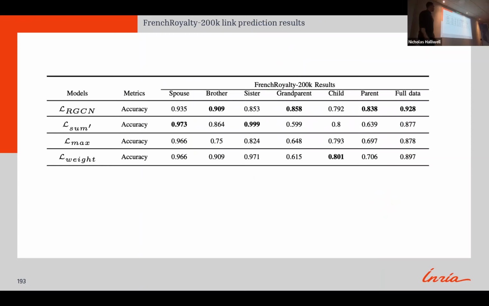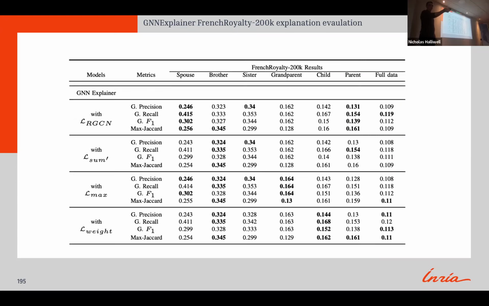So we also report results on the French royalty 200K. And this is starting with the link prediction results. We got the baseline and 3 different methods. We find that the baseline actually outperforms the other models on the task of link prediction. But then